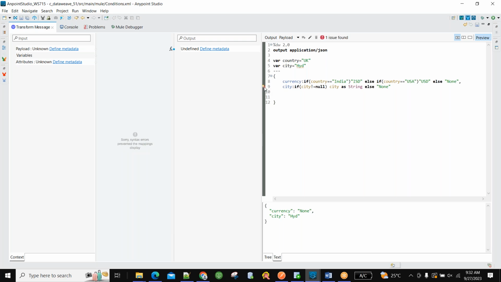It is saying it expects closed flower braces, directing us wrongly. But what is the actual problem? I have to give a space after city. Then it goes. So while writing transform message, you should be very careful.